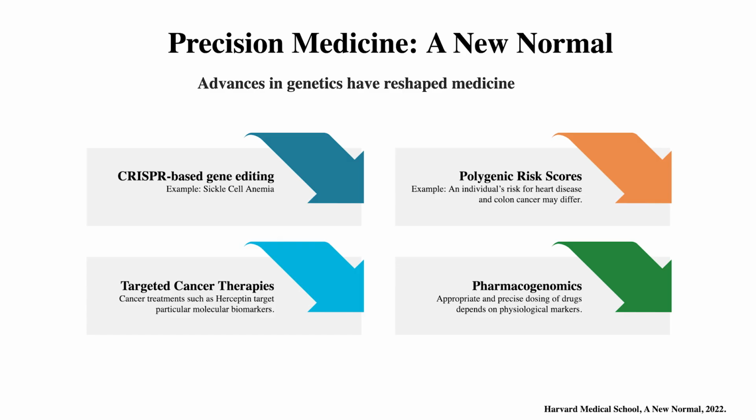Polygenic risk scores, we develop those. Anybody who has genetic information as well as other risk factor information can develop these powerful statistical tools that can predict. We're not there yet, but we're getting better with the prediction. And then, of course, pharmacogenomics, which was one of the very first reasons for wanting to understand variation and genetics because of dosing, right? To get the proper dose of a drug, so that this old method of, let me give you something, and if you don't die overnight, then it was the right dose for now. So just a little bit more precision, so to speak.